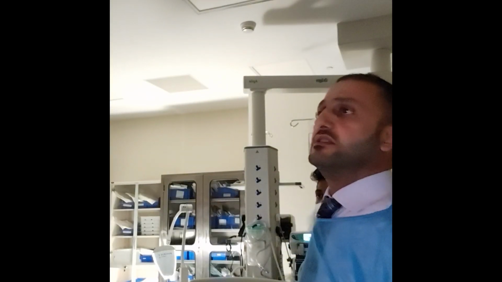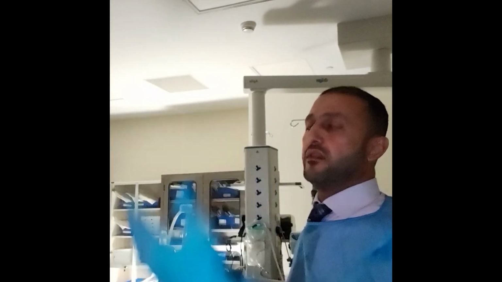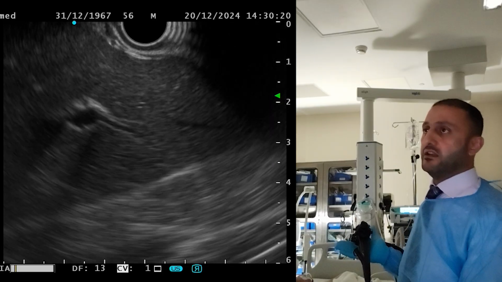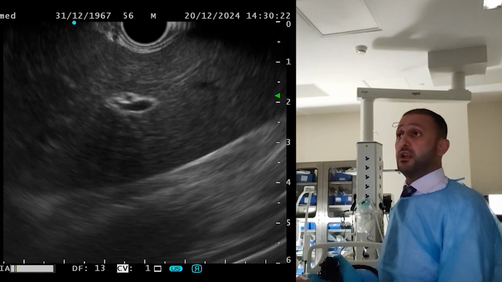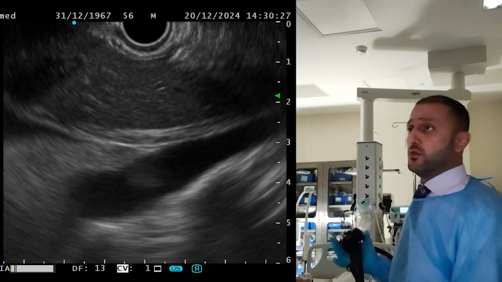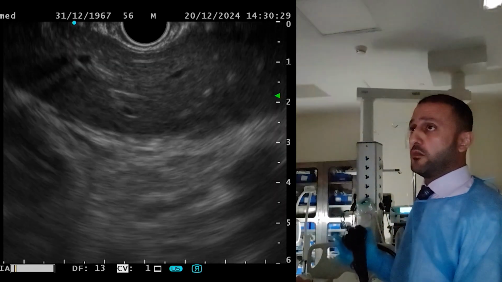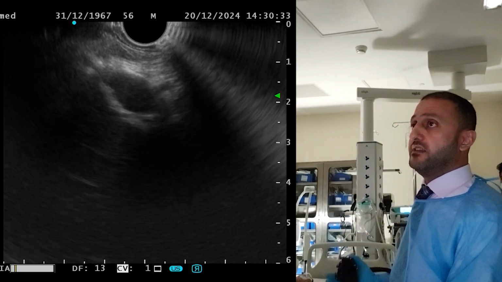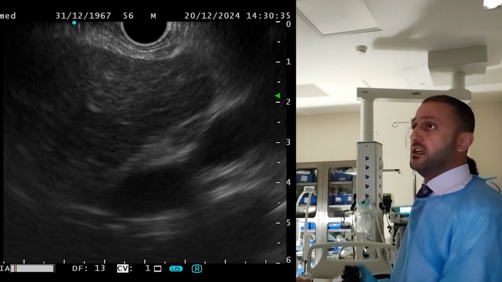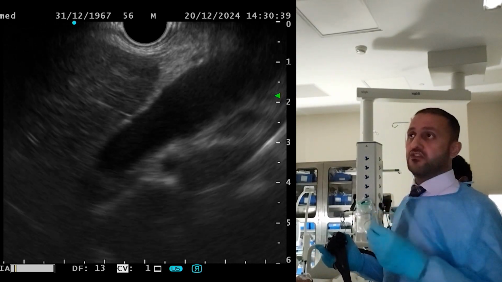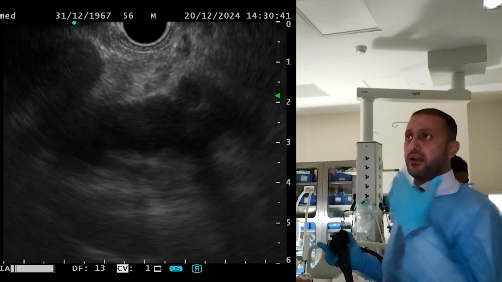What I usually do is I start with screening the liver. So I start with the hepatic vein, and once you are in, you have to recognize the hepatic vein and screen the liver. That won't hurt. If you find anything abnormal or suspicious, it's good. If you don't, then it's also fine. And then you push just a little bit to reach the portal vein. Once you are in the porta hepatis, then you can start looking at the proper anatomy of the